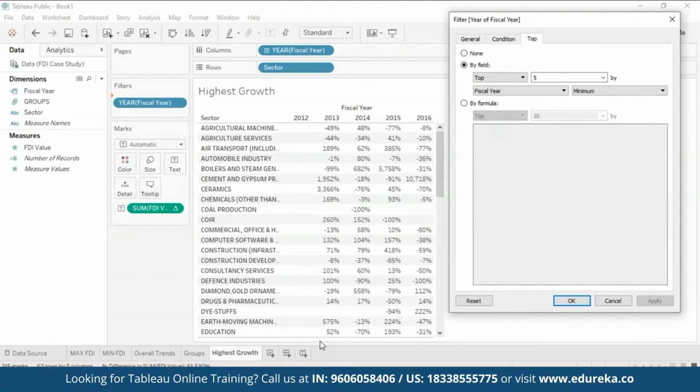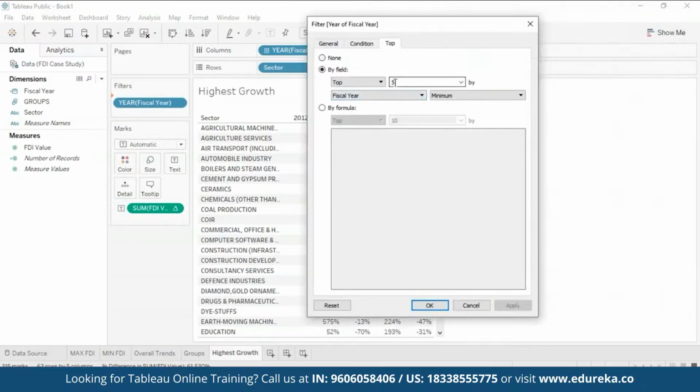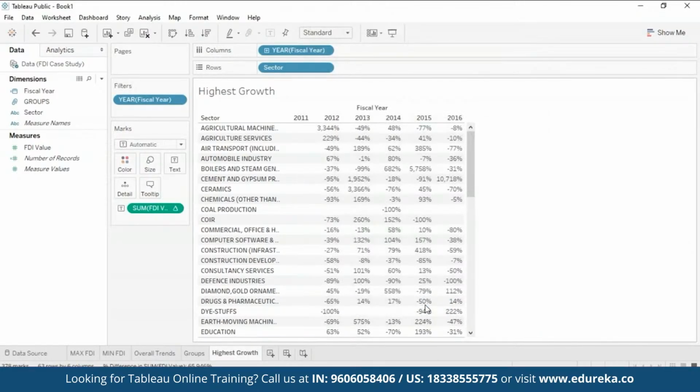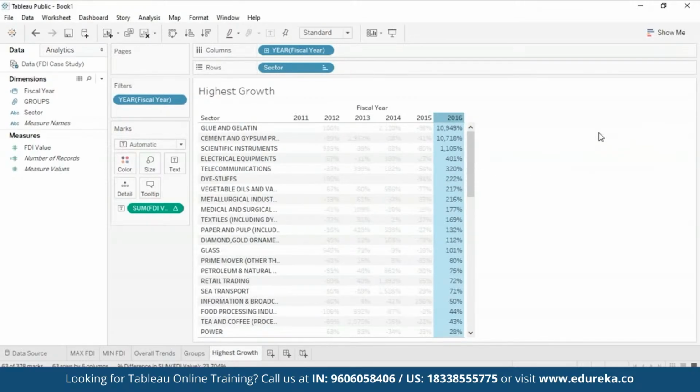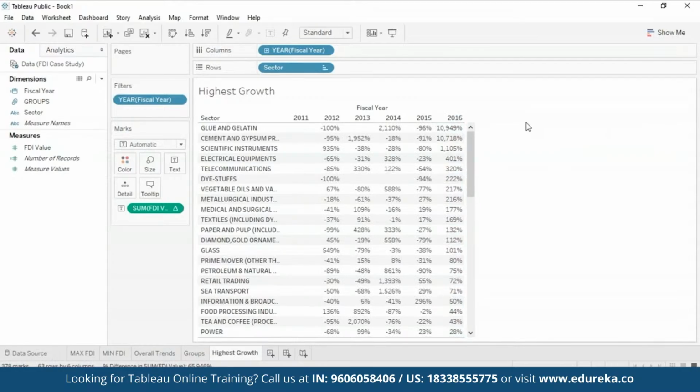And now what I'm going to do is click on this row, 2016, and sort everything in a descending order so we can get our top 5, which is glue and gelatin, cement and gypsum, scientific instruments, electrical instruments, and telecommunication, which are giving us the most year-on-year profit. And then I select this filter and go on top 5, and this displays my top 5. Now that we have our top 5, let's duplicate this